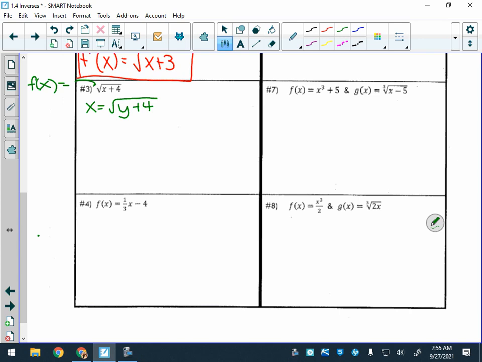We did switch the x and y here. We have to square both sides. So we have x squared equals y plus 4. Then what? Yeah. Okay. So our inverse